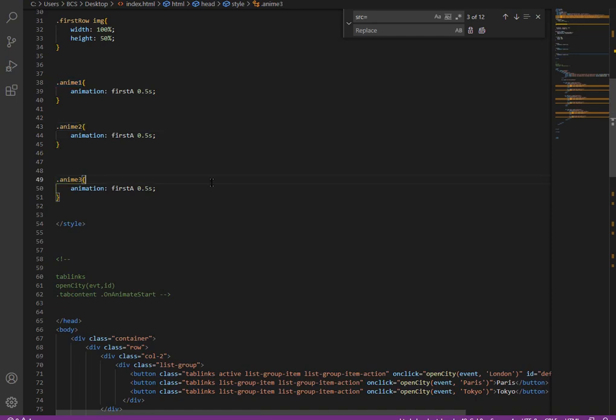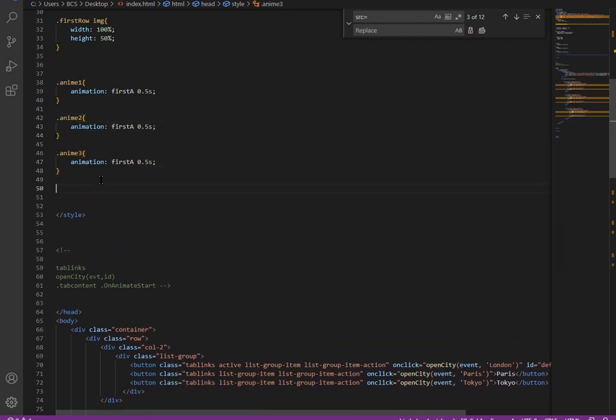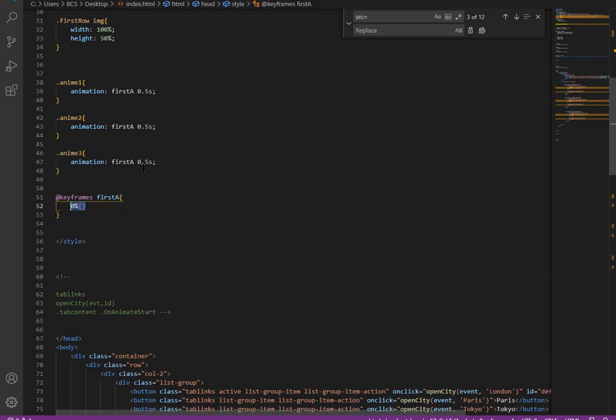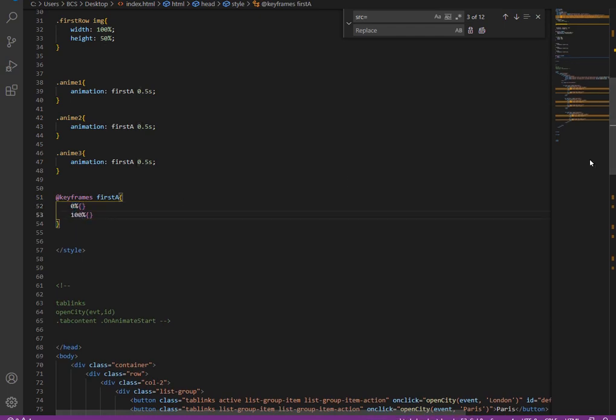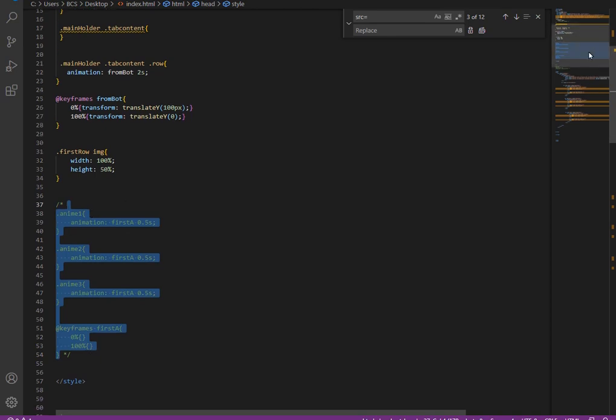Don't worry about the animation. It is not going to be a complex one. This is going to be an easy one. This is going to be coming from bottom to top. So at the rate keyframes animation name, and on 0th second and on 100th second, the same way what we have done. Let's copy the same, but it's not going to be too far. So for now let's skip. This is going to be very big. We'll do this after completing our JavaScript. Fine.